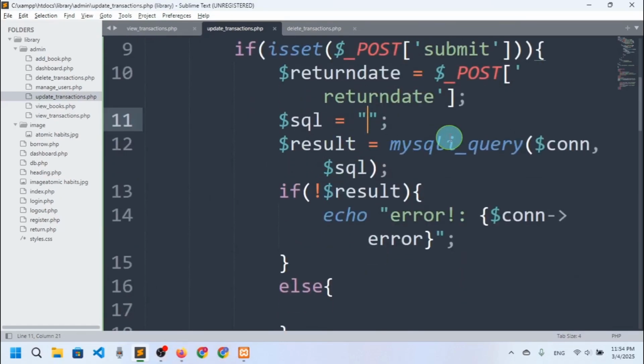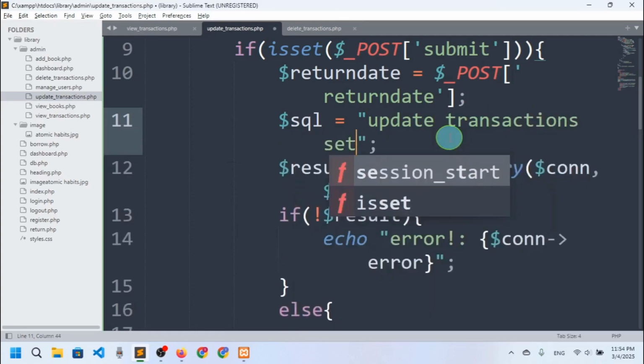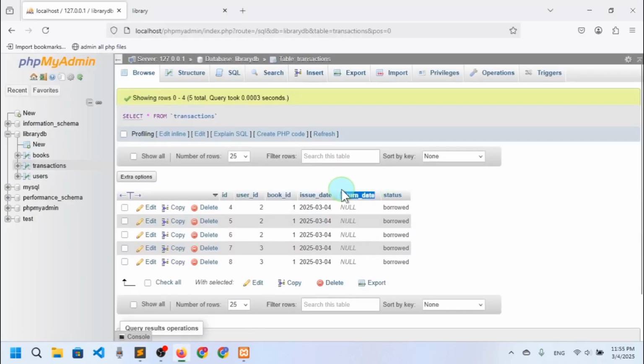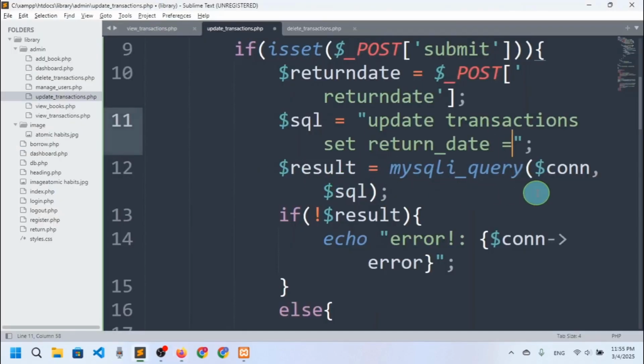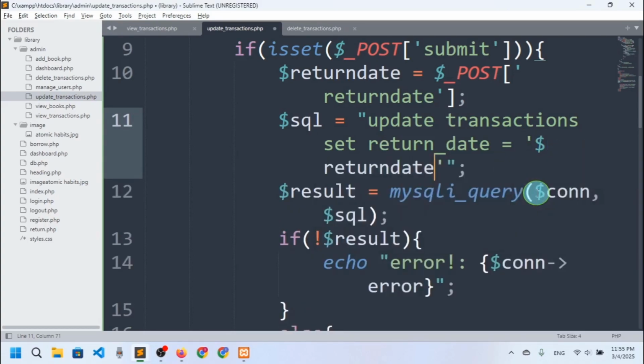So here we just have to update the table, right? So I will say here update the table. The table name is transactions set. So let me just copy it. I'll say that set return date is equal to the $return date. Okay, and we'll say that where